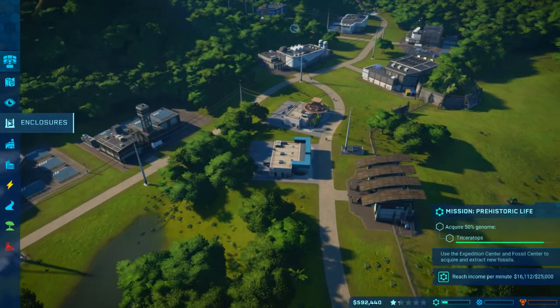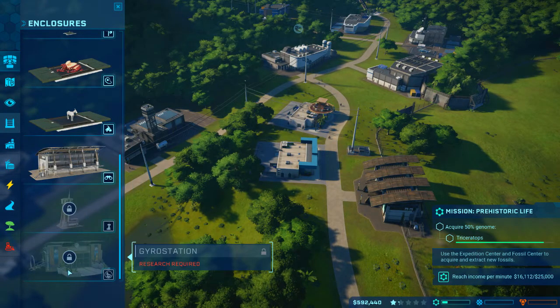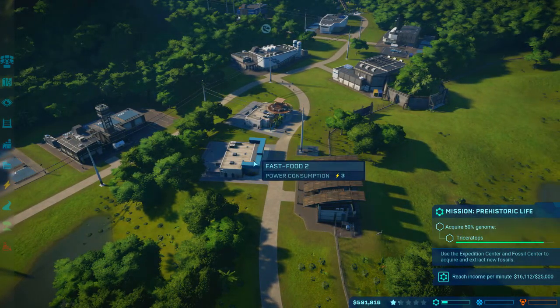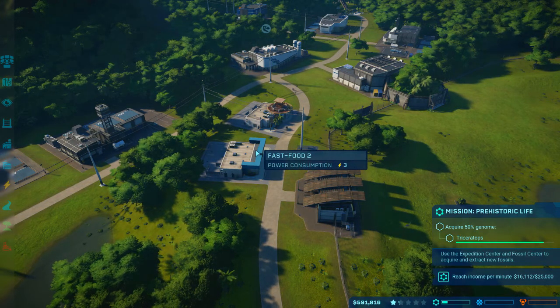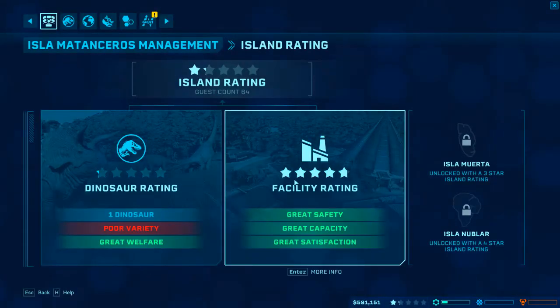So there's a couple of viewing stations which obviously aren't unlocked. There's the viewing gallery, the viewing platform, and the gyro station. So that is why I've put them two there, and that's what you should always do. You should always have a gift shop and a fast food restaurant or anything like that close to your viewing stations, and then you'll get really high here in your facility rating,